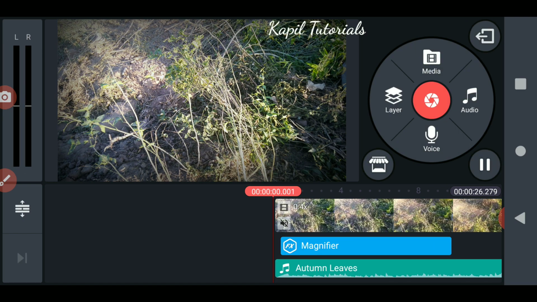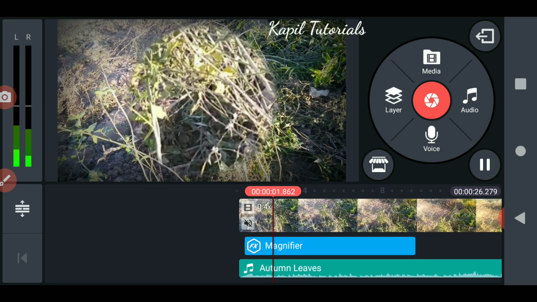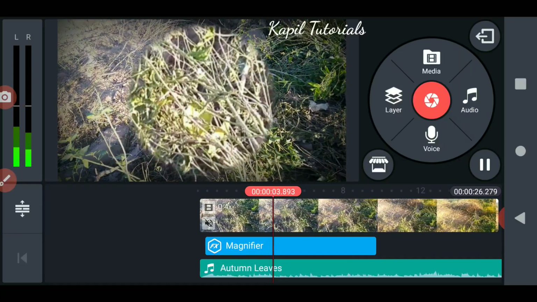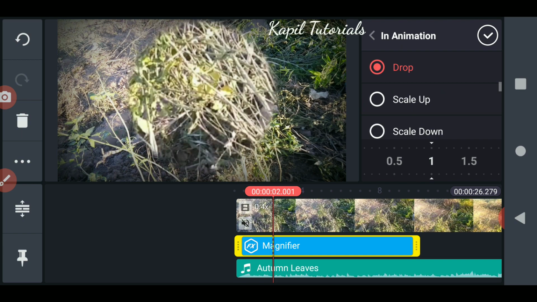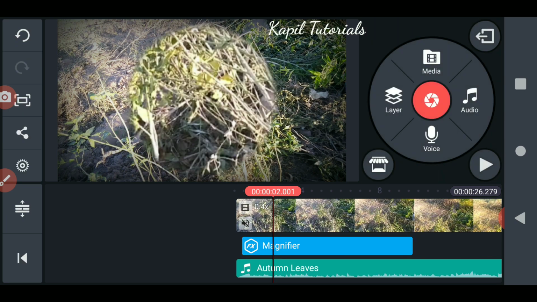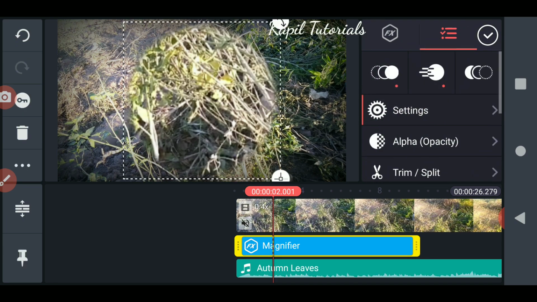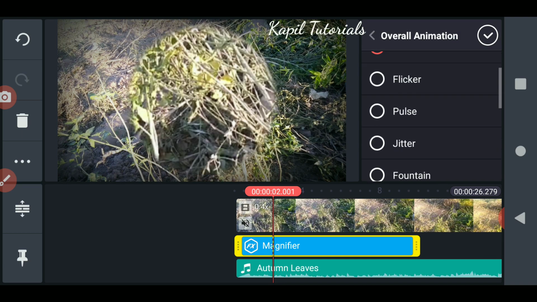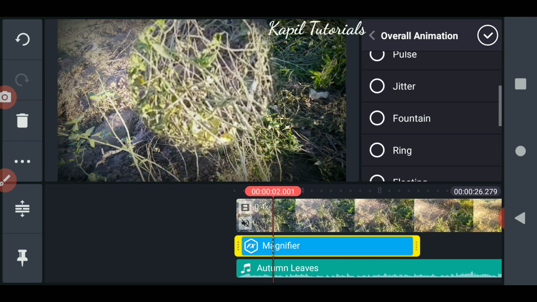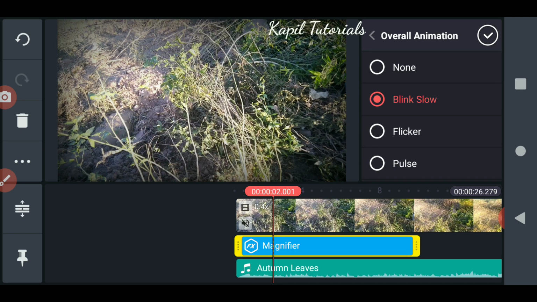If I try this, so you can give different kinds of effects, how the animation should enter, then how permanently, what kind of effect it will give you. This I'll teach you in detail afterwards.